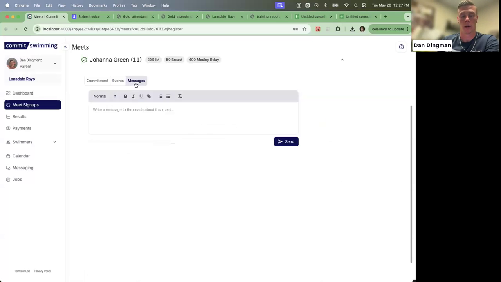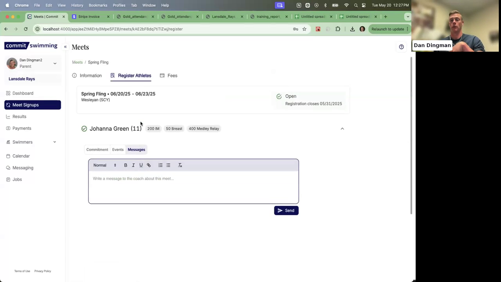And under messages, they can add notes. And this is also in the settings as you create a meet. You can specify whether or not parents have the ability to send you messages within a meet and whether or not they have the ability to register by session. And if those two options are on, then they can do this and they can send you a message like, oh, we're hoping that you can swim the 100 fly this meet, or we have to bounce. We committed to Saturday, but we have to leave at 11 a.m. So like, please don't enter them into any events that might run past that timeline.